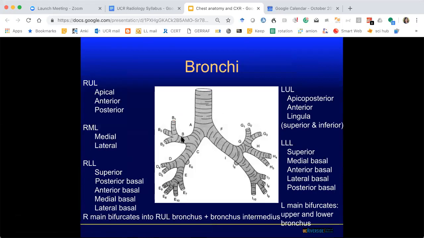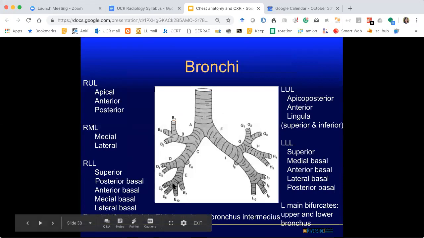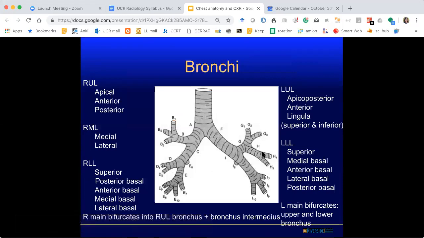And then remember, the right side has 3 lobes, right? Upper, middle, and lower. And this is the intermediate bronchus, which then splits into the right middle and lower lobes. And then on the left, you have the lingular branch, the lingula, and then the apical posterior segments are part of